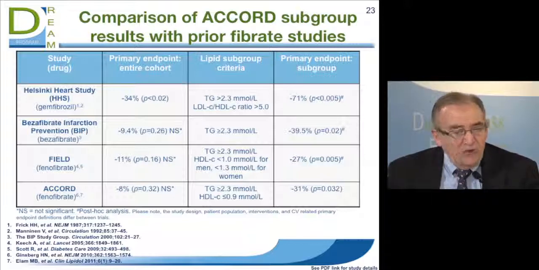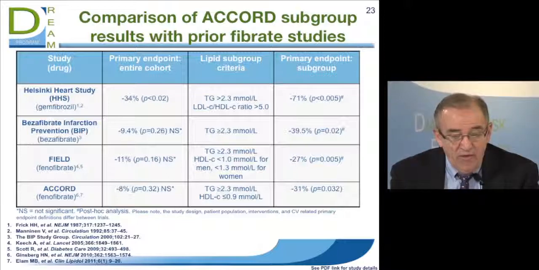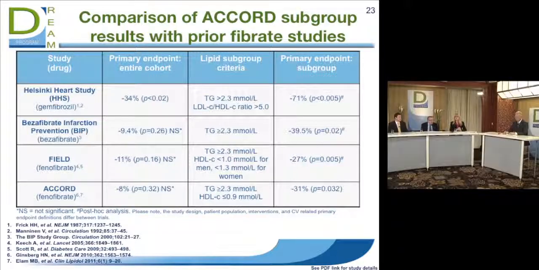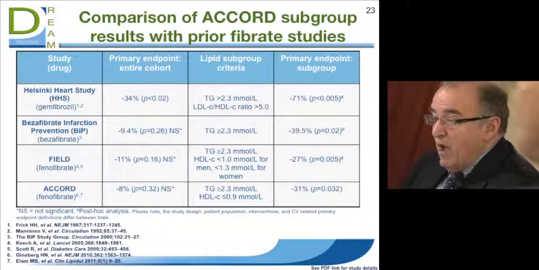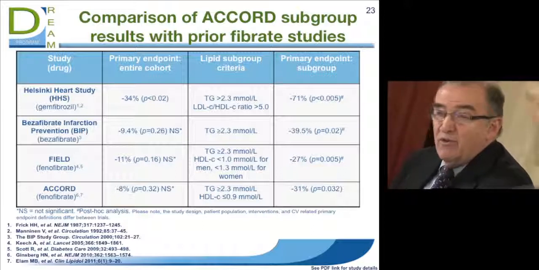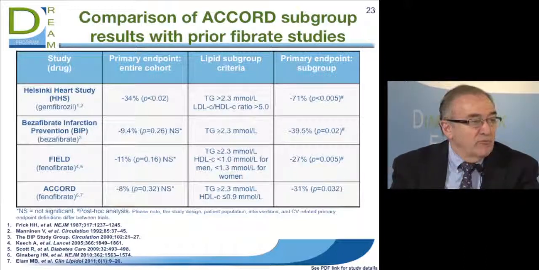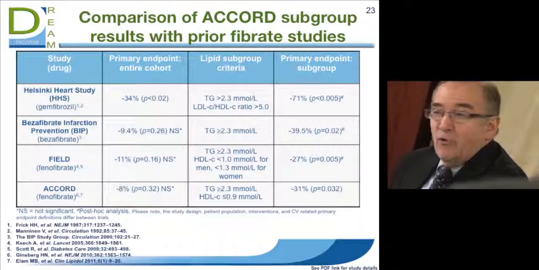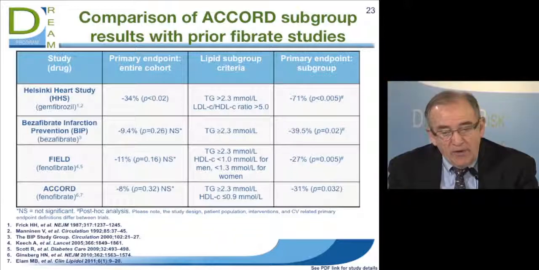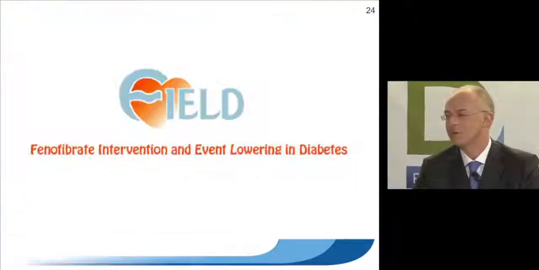It was pre-specified. So what was the evidence from prior studies, which were all monotherapy fibrate trials? And as you can see here, if we look at the Helsinki Heart Study, the Bezafibrate Infarction Prevention trial, or the FIELD trial, the first being positive, the second two being negative overall, when we look at subgroup analyses, post hoc analyses with similar lipid characteristics as our subgroup, we can see very striking benefit in all of those subgroups. So I think the historical basis for our finding is clear from these published papers. Thank you very much, Harry.